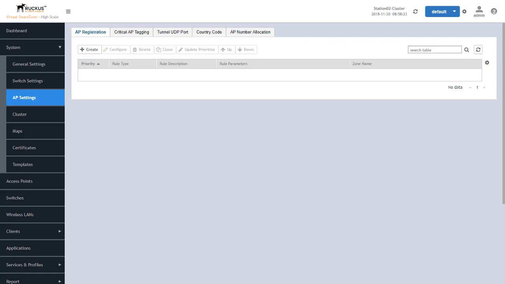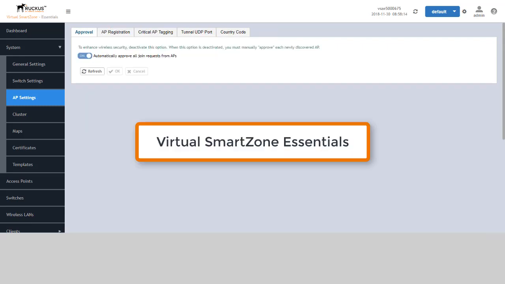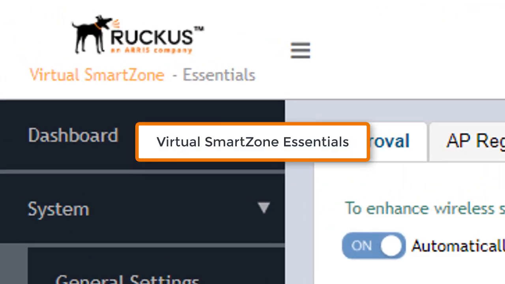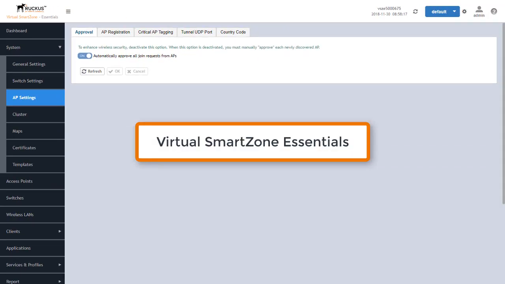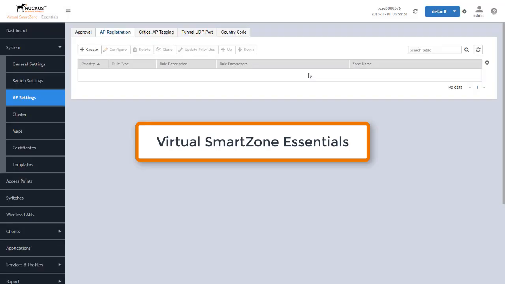So actually, let me jump over to a virtual SmartZone running the Essentials edition, and we'll take a look at how that looks over there. So in the Essentials edition, you can see up on the top left that we're running Essentials here. In this one, we have a tab called AP Registration. This AP Registration tab allows us to register APs automatically to the controller, which is a function we don't have